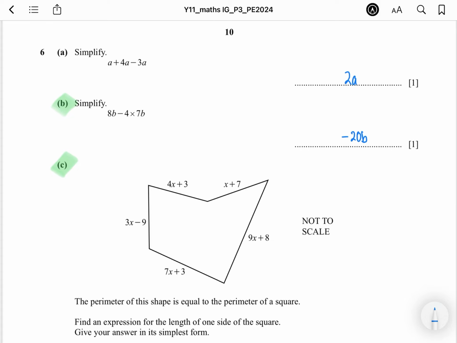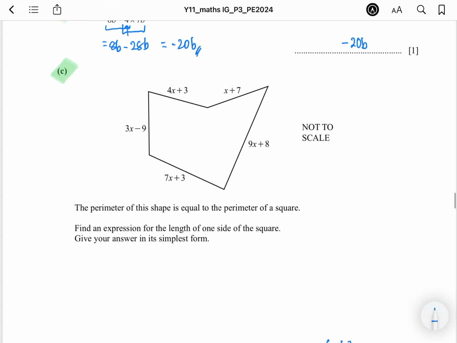Alright, next one would be simplifying. So you have two operations here. You can't do this one because 8b and minus 4 are unlike terms, and also because for order of operations you need to do the multiplication first. So that would be 28b, and 8 minus 28 will give you minus 20, and that would be the final answer. Okay,